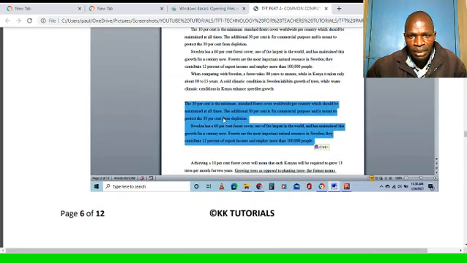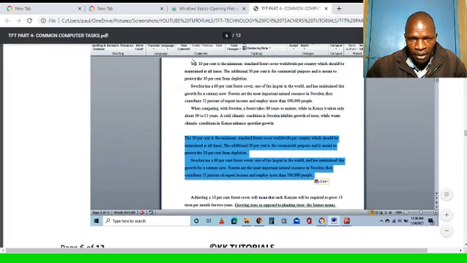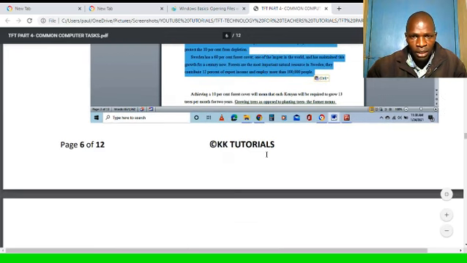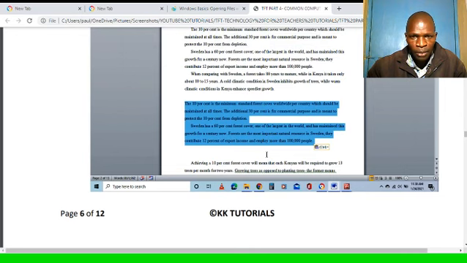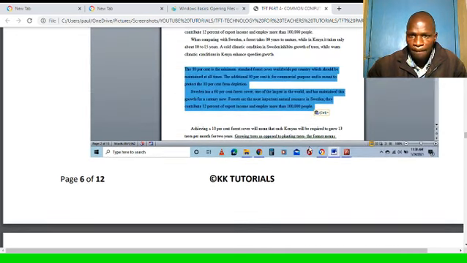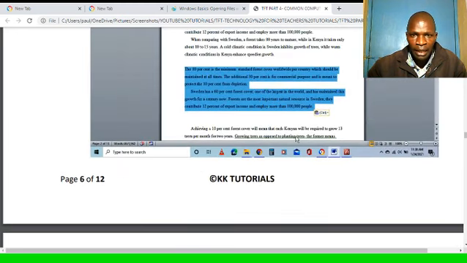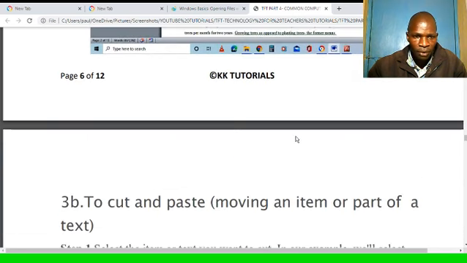This one highlighted in blue is the one that I pasted, and it is this part of text here, from here all the way up to here. This one I had copied, so the original text is here, and I brought it down here to paste. I only need to click paste, and it will be pasted there, and save if I want to close the document. I will now save. That was copying text or an item from one place to another.